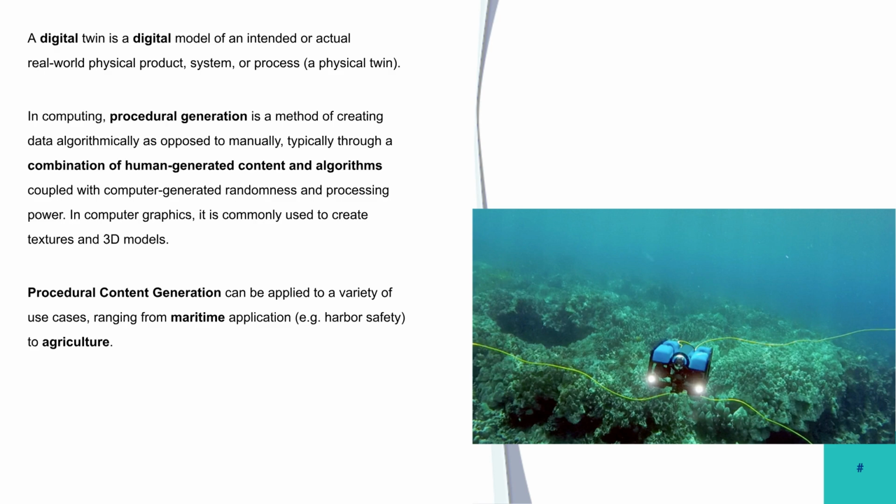In computing, procedural generation is a method of creating data algorithmically as opposed to manually, typically through a combination of human-generated content and algorithms, coupled with computer-generated randomness and processing power. In computer graphics, it is commonly used to create textures and 3D models. Procedural content generation can be applied to a variety of use cases, ranging from maritime application, for example, harbor safety,